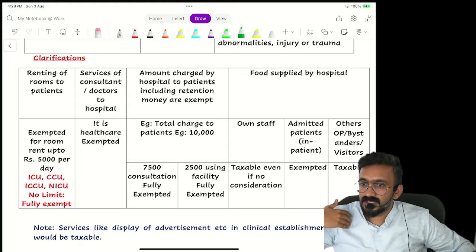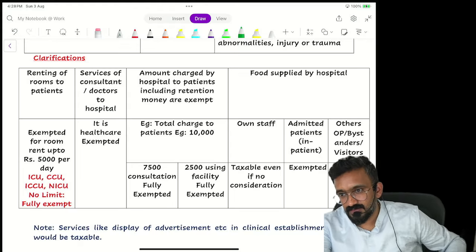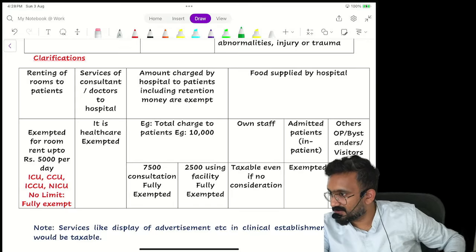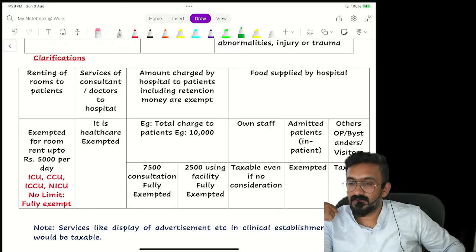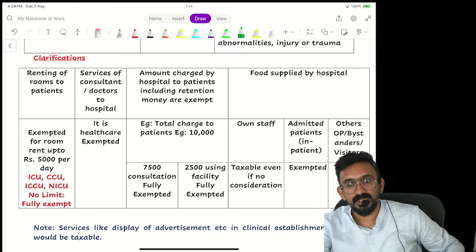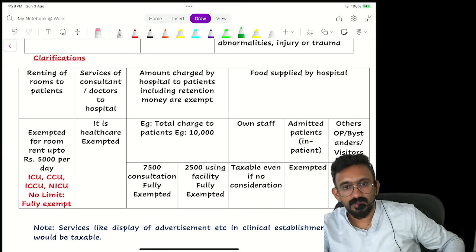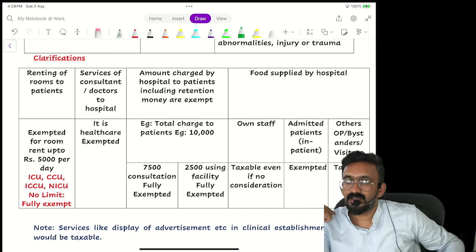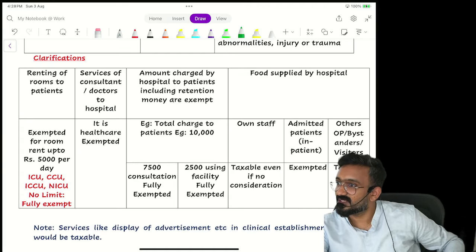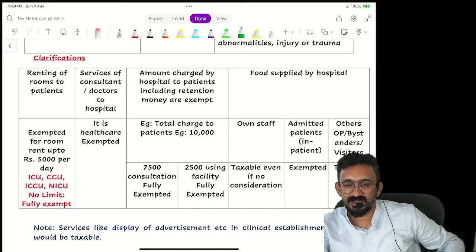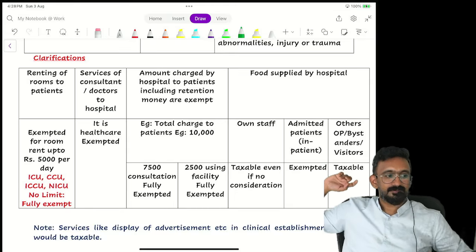They are providing services to whom? Their bill is to whom? The hospital. The hospital is providing healthcare to us patients, right? The doctors are providing to whom? To the hospital. Will that be exempted? Yes. Why? Specified supplier: authorized medical practitioner. Did they say specified recipient? No. It said specified activity. What is it? Healthcare. They are also doing treatment, surgery, etc. That will also be exempted. If they get money from the hospital, also exempt.